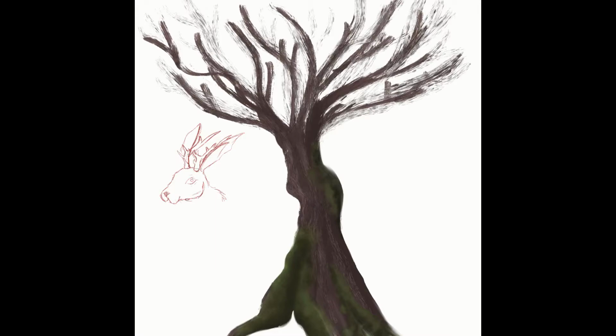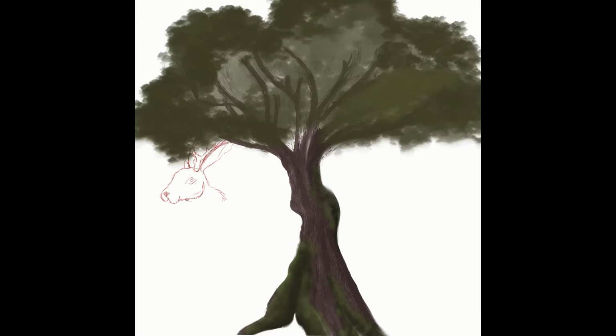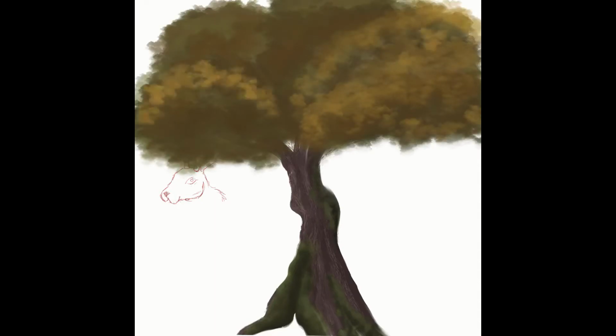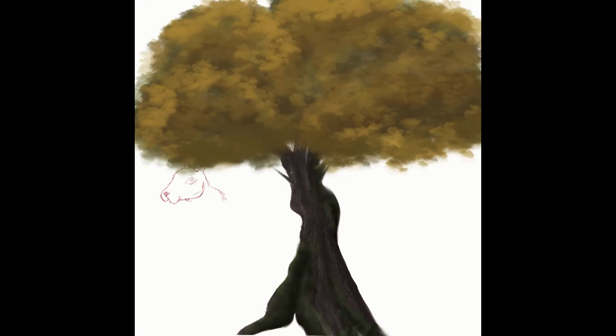As you can see in the sketches, it took me a very long time to figure out what I was actually doing. I was mainly just playing around with lines, playing around with what I actually wanted to do. I know I wanted to draw a jackalope because they're my favourite. The horns were really, really confusing. That took me such a long time to figure out how to draw. I was looking at loads of references, but I just couldn't get it right, so I just pushed it to one side, as you can see, to the left, and gave it a break because it was winding me up, to be honest, and decided to focus on the tree because I really like